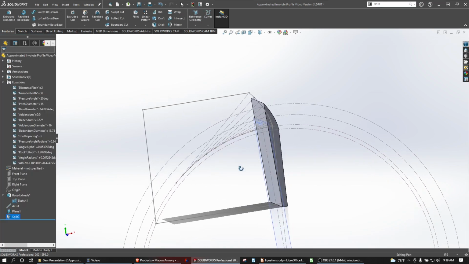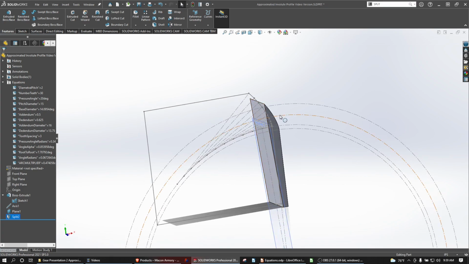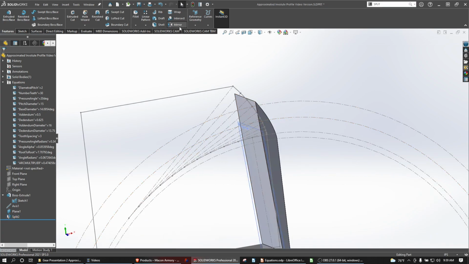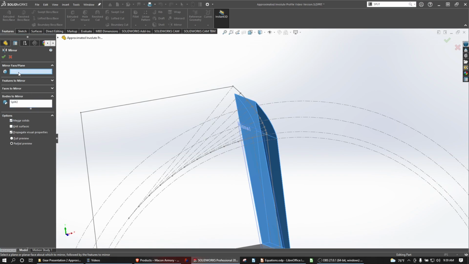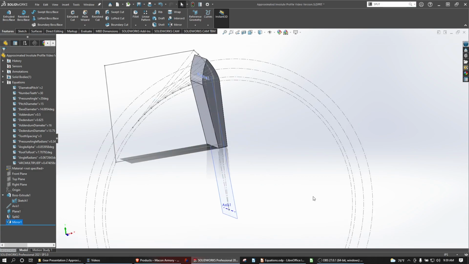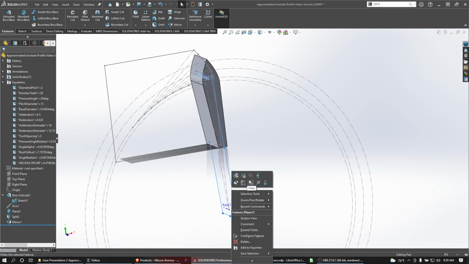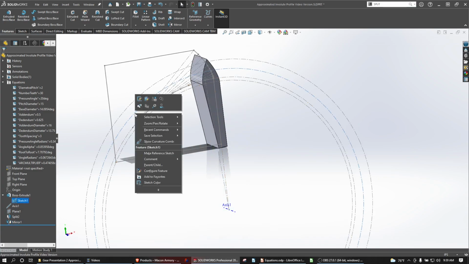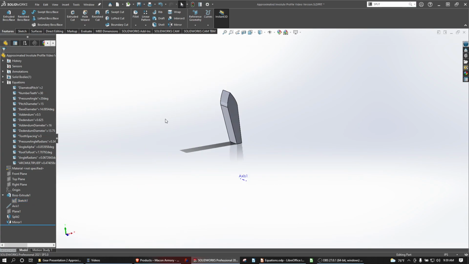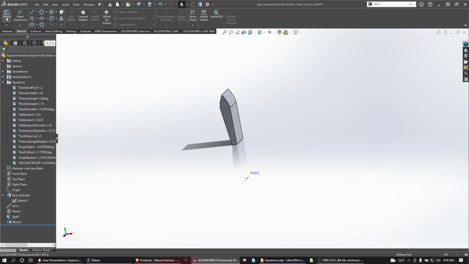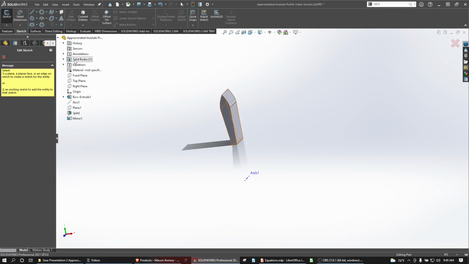So there is our tooth so far. Let's mirror a body. And now we want our tooth to come to size. So we can hide some of this. I guess the axis is still pretty handy to have. Let's go with sketch on the front plane,